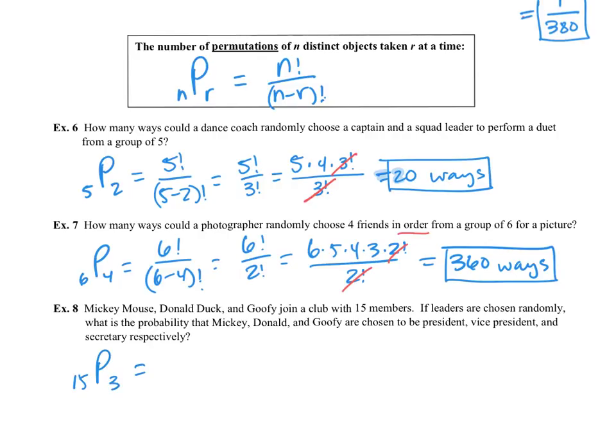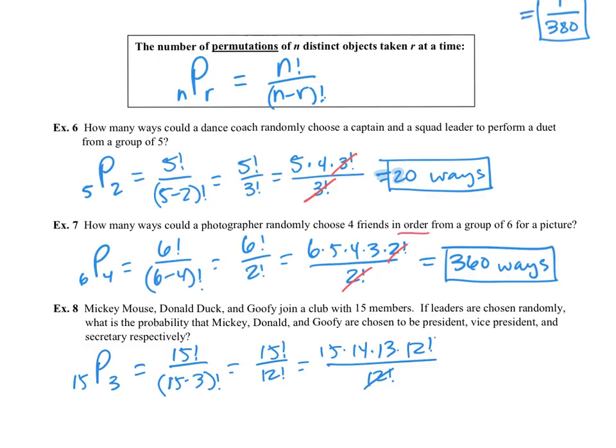So according to our formula, that's going to be 15 factorial over 15 minus 3 factorial. So that would be 15 factorial over 12 factorial. Now let's reduce. So this is 15 times 14 times 13 times 12 factorial over 12 factorial. The 12 factorials cancel. So we get 15 times 14 times 13, which is equal to